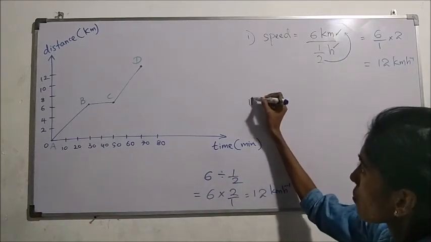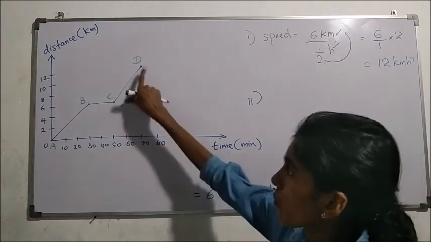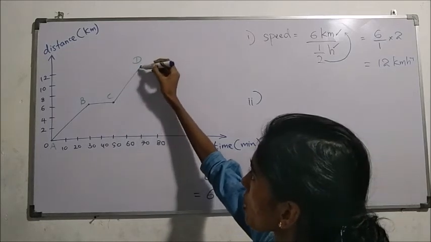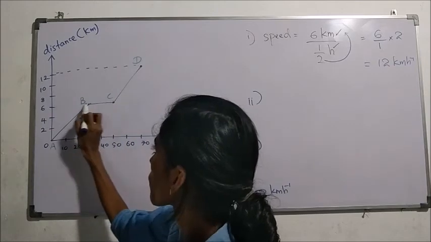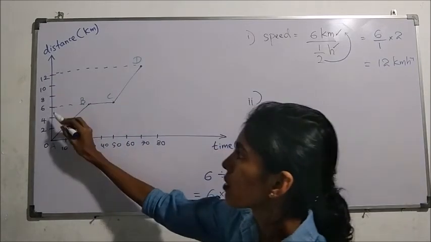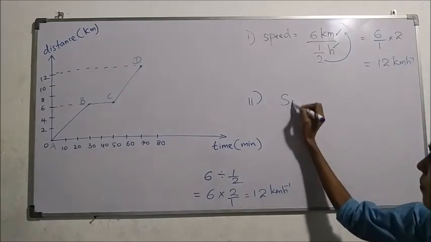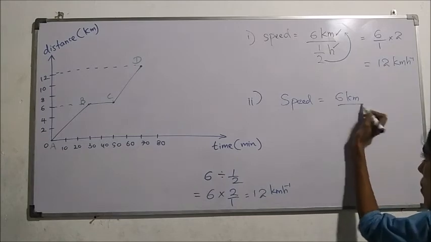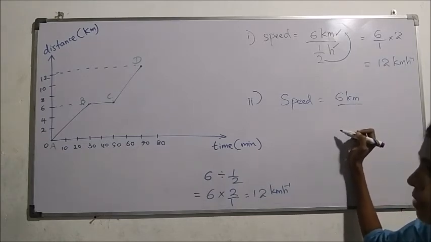Then as the second one, they have asked to calculate the speed at which Nimal returned home, the speed of this, right? Okay, from this point, when we consider these 2 points, what is the distance he has traveled? From the maximum subtract the minimum, from 12 subtract 6, that means 6 kilometers again, correct? No, the distance must be the same.